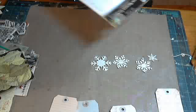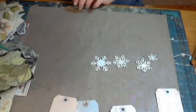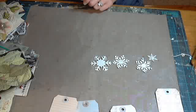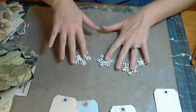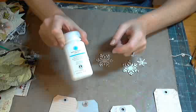Now for this particular project, I should say projects, let's see, I have 1, 2, 3, I have 2 large ones, 2 medium, and, is that right? 2 medium, 2 large, and 2 small, okay? But just for now, I'm going to grab some glitter glue,